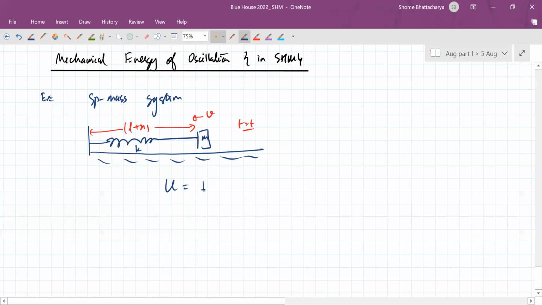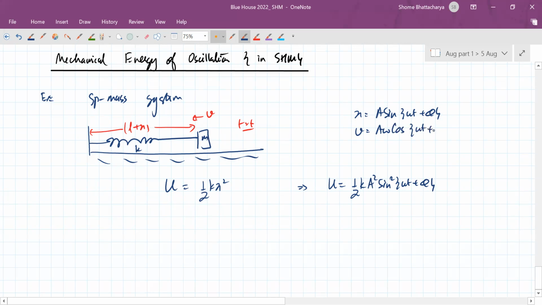So potential energy of the spring is half kx square. So potential energy as a function of time will become half k a square sine square omega t plus phi, because our x is a sine omega t plus phi and omega is square root k by m. So keeping all these things in mind, our kinetic energy is half mv square. So as a function of time, kinetic energy becomes